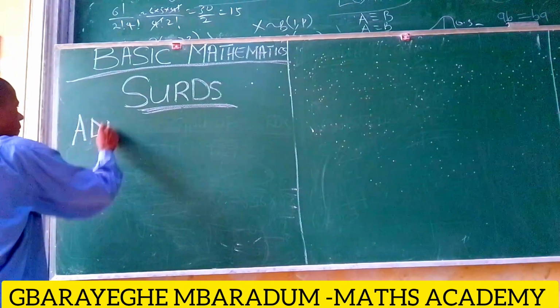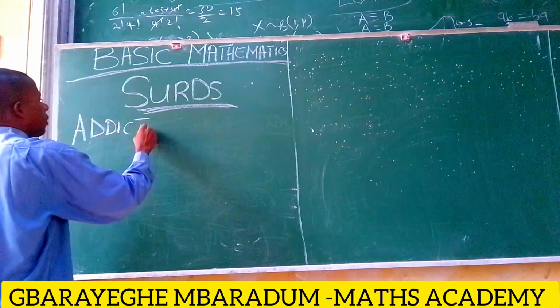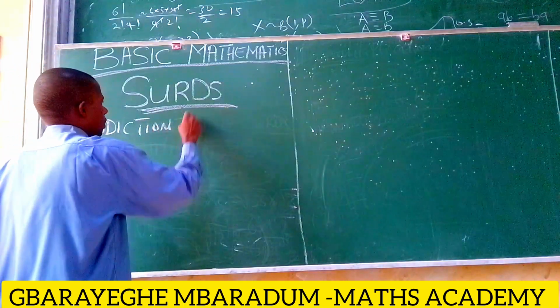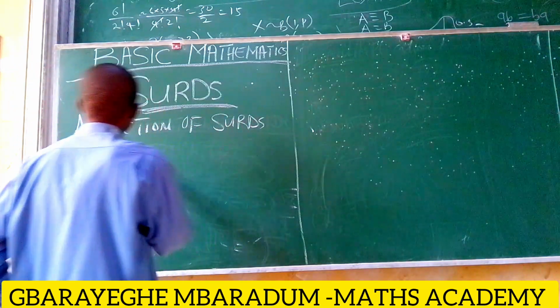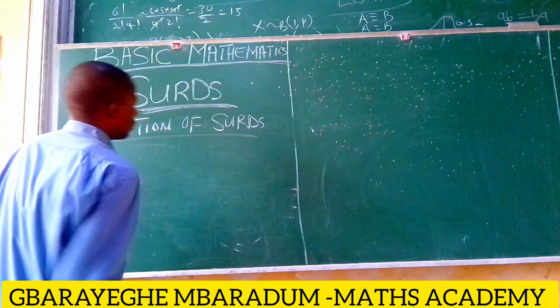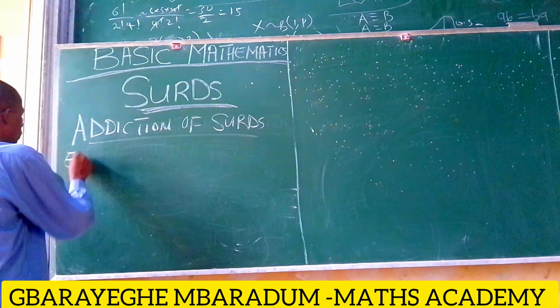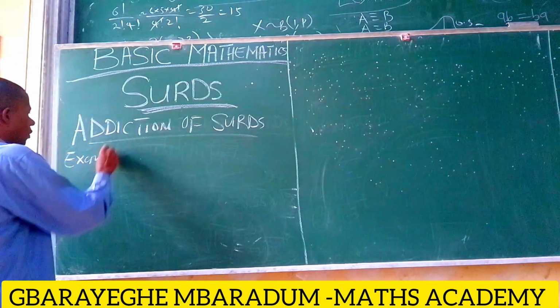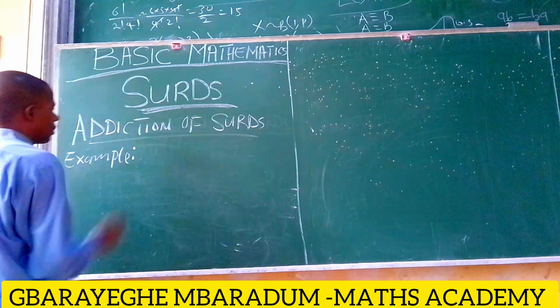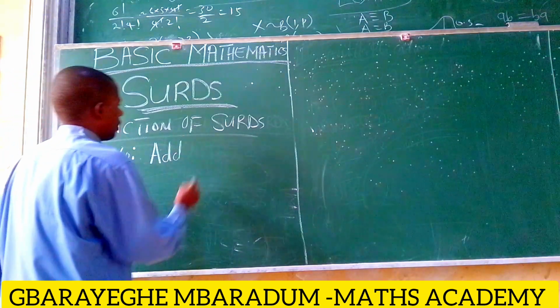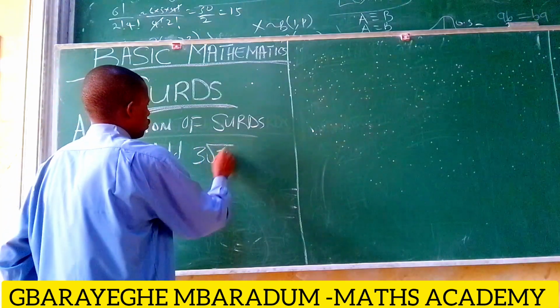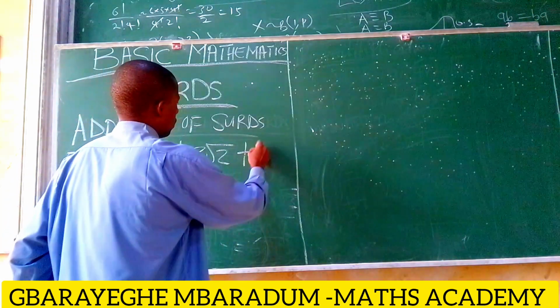Addition of surd. Addition of surd. Example 1. We say add 3 root 2 plus